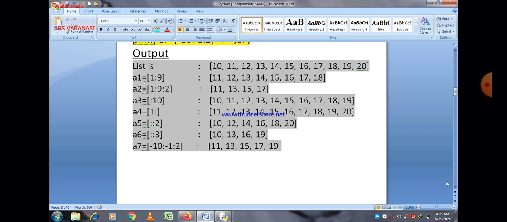And last is A7. You can see here minus 10, minus 1, 2. In this case counting starts from the reverse direction. It means 20 is the element, and it is located at position minus 1. 19, position of 19 is minus 2, position of 18 is minus 3, position of 17 is minus 4,